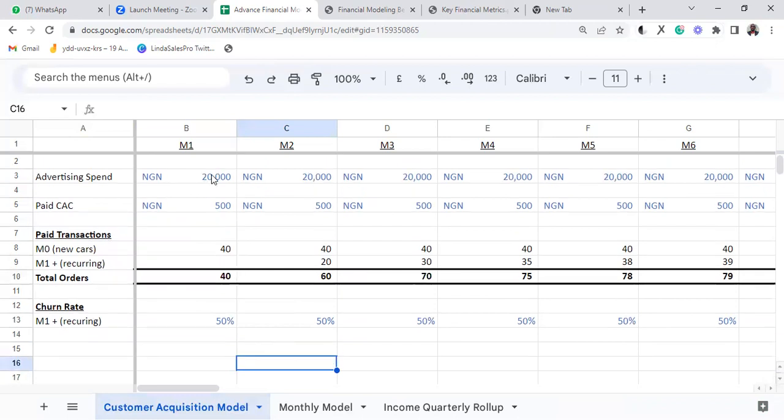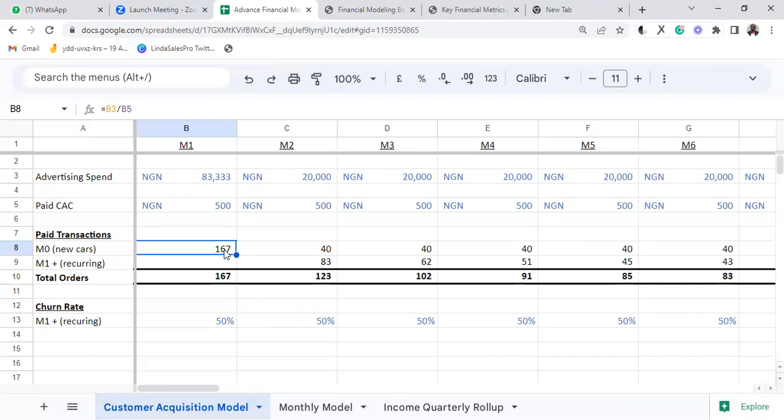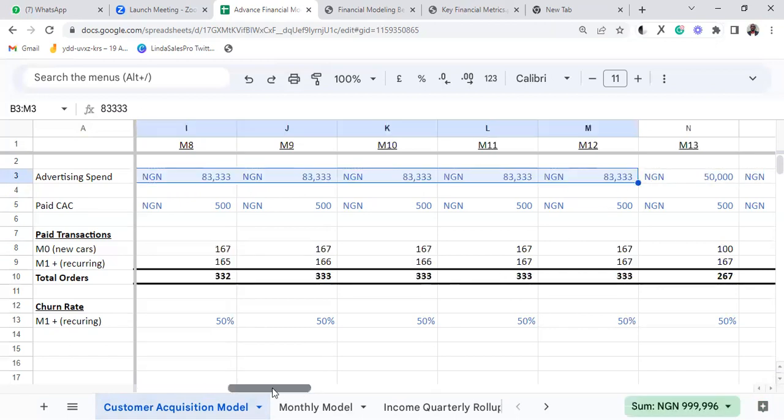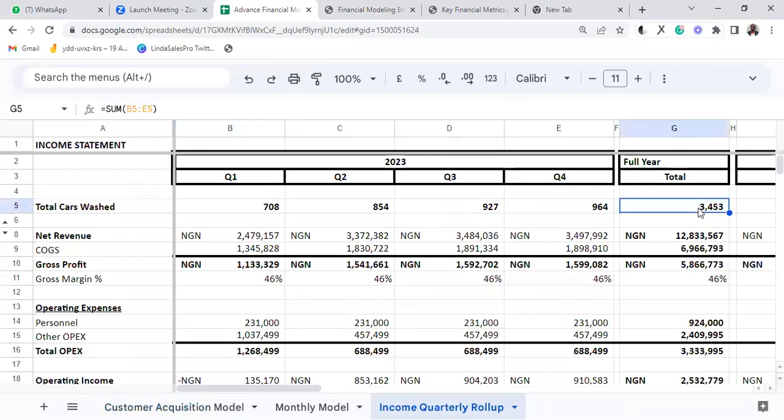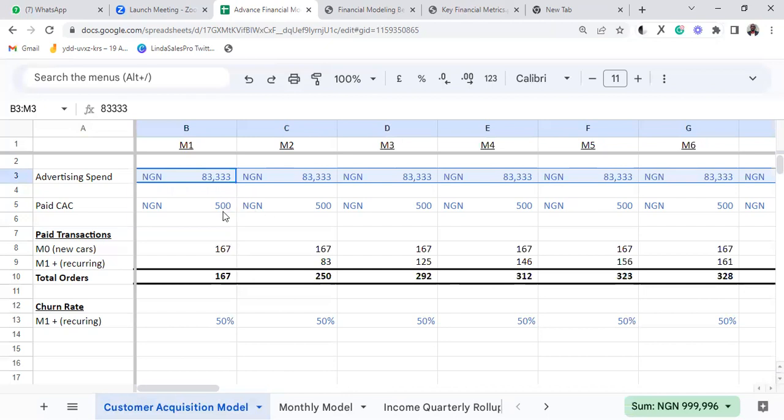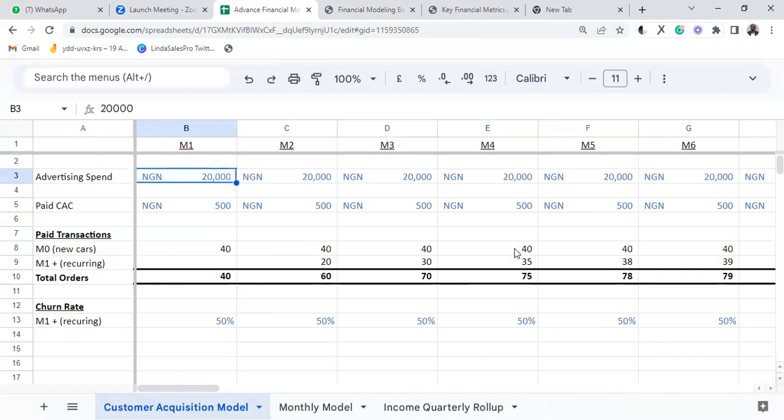So let's assume we are now pitching and we say we are raising 1 million and we are using that 1 million for marketing. So this means we are putting 83,000 naira here, so we can say that this will help us increase our customer acquisition by so percent, which is a total of 167. If we do this for the 12 months, we can easily say, when we go to the summary here, that we have a total of 3,400. So we want to invest in marketing, because if we put in 80 something thousand, this will increase it. Because you really understand your numbers, you can clearly know why you need